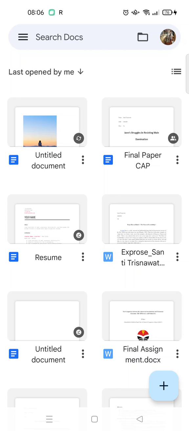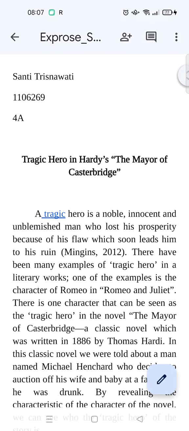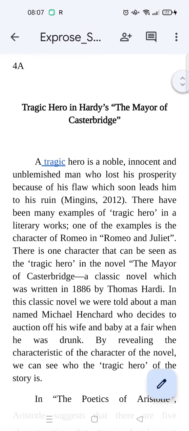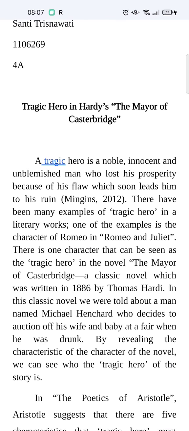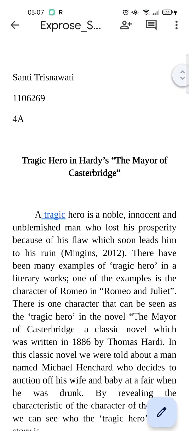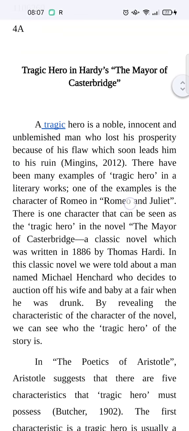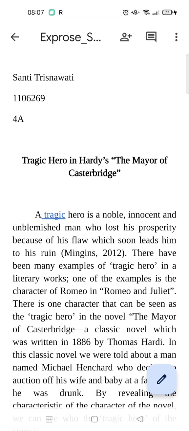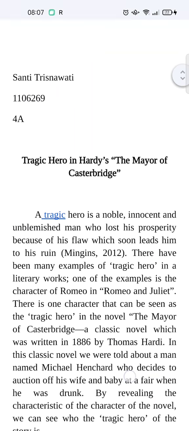In this video I'm going to show you how to edit Google Docs. So here I've already opened the Google Docs app on my phone, and I'm going to open one of the files. For example, this one right here. Okay, so here you can see, if you click on the file, you can find the cursor and you can edit the page. So what you need to do to edit the Google Docs file here, you first need to